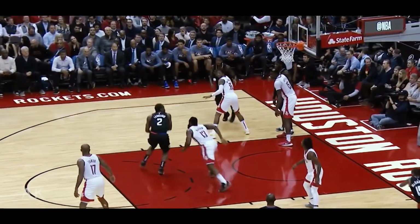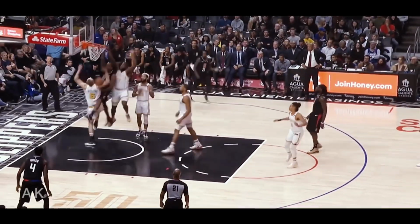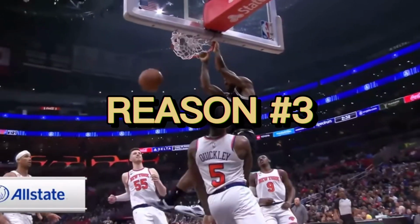And then the rest of Kawhi Leonard's buckets came in transition with him and Paul George manning the lanes, and Paul George had a crazy dime as well, and Kawhi took that pass from Paul George for a nice alley-oop dunk. Now let's move on to the third and final reason why the Clippers took the victory against the Knicks,